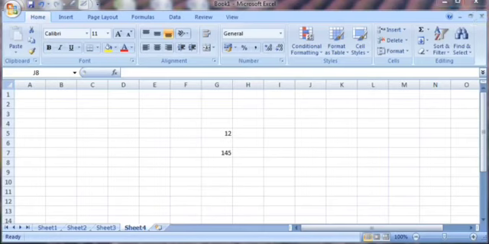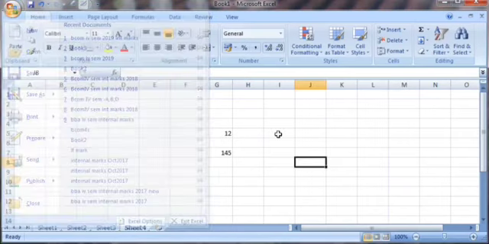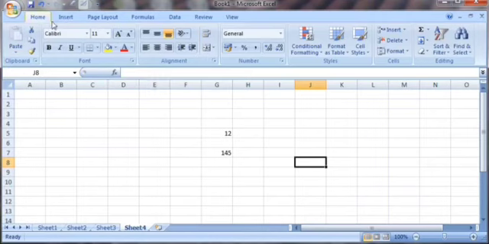This miniature toolbar is called as quick access toolbar. It provides single click access to frequently used commands in Excel. This is office button. It contains all file manipulation commands such as save, save as, new, open, print, etc. Then we can see tabs. Excel displays 7 tabs by default. They are home, insert, page layout, formulas, data, review and view.